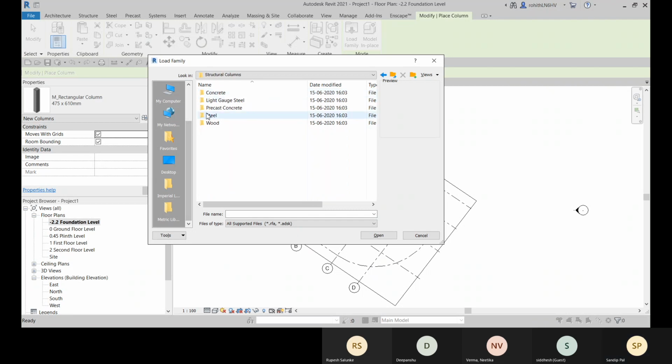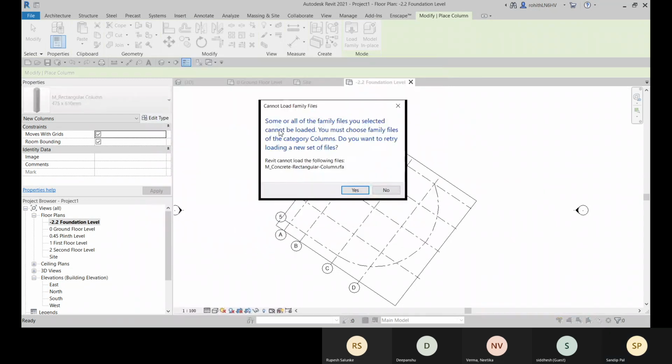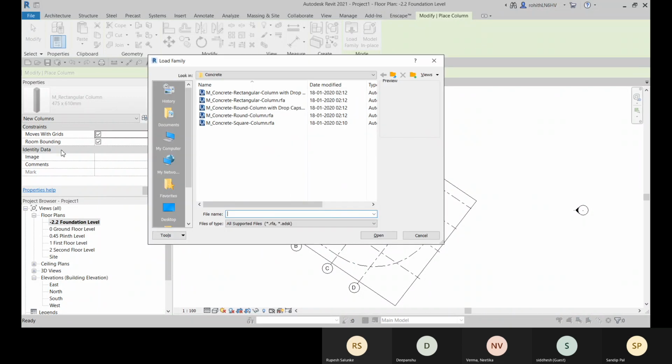Some concrete columns are there. You can choose this one, or the square columns, whatever is needed, and open it. That is already opened.